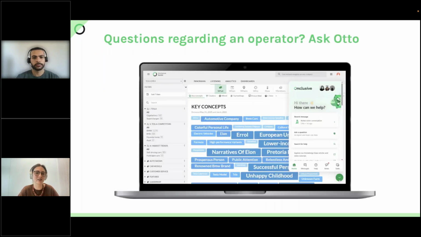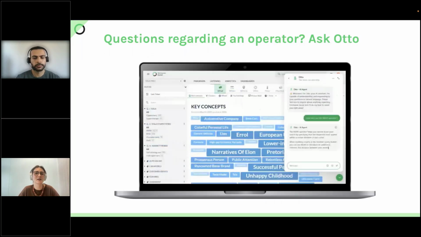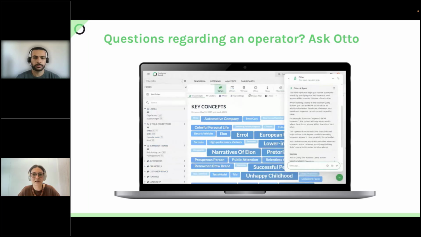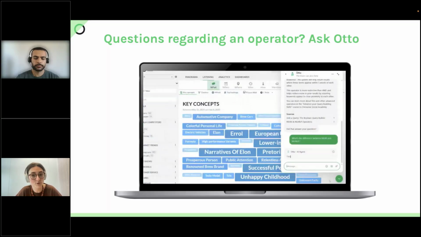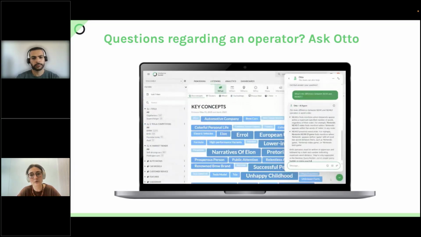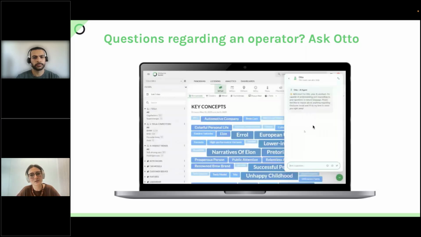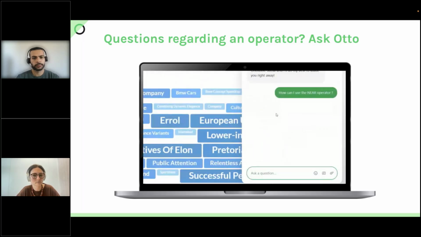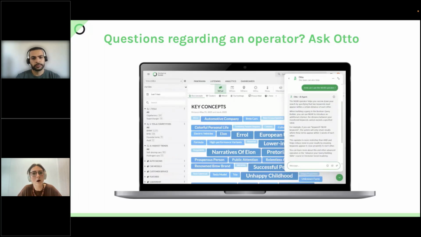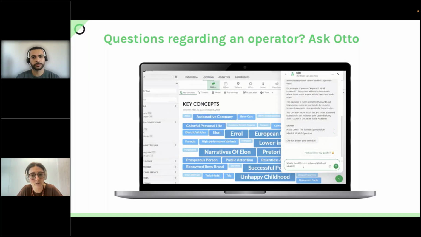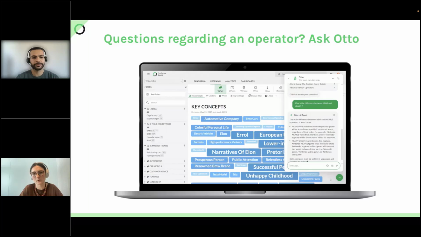Now, for near, there are many things to watch out for. There are many common errors associated to near. And here, just to show you, if you have any doubts of how to use correctly any of these operators, here we are asking how to use near, but it could be exact or tilde. So you can always ask Otto how to use the operator, what is the difference between them, what are the errors to watch out for when using near. So this will be a quick support.